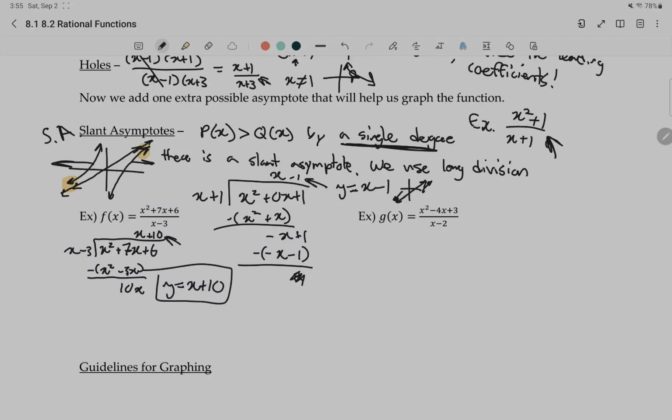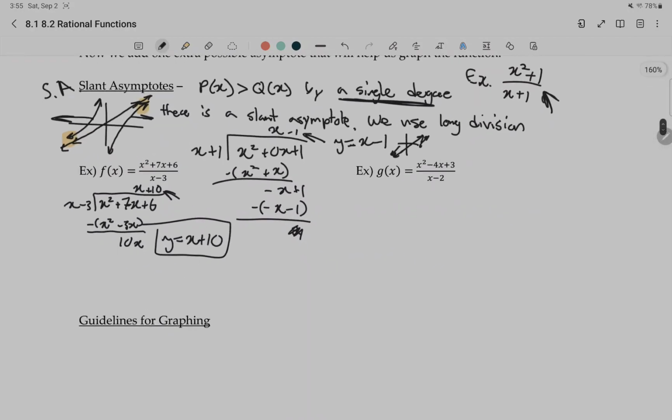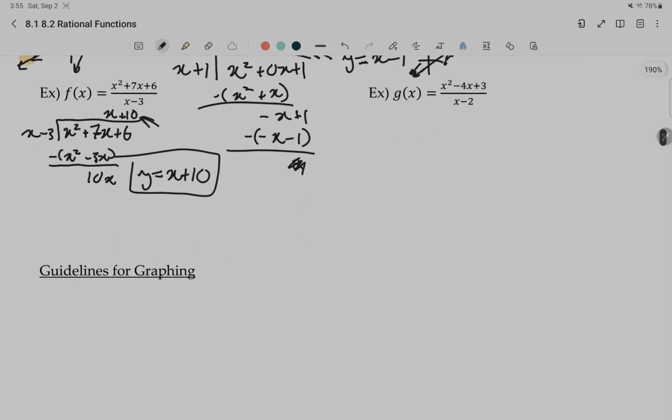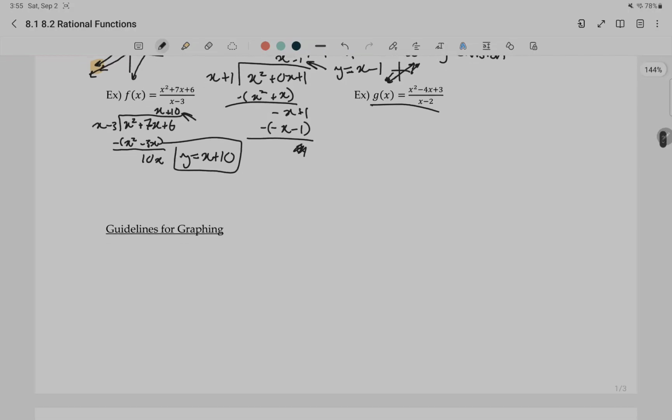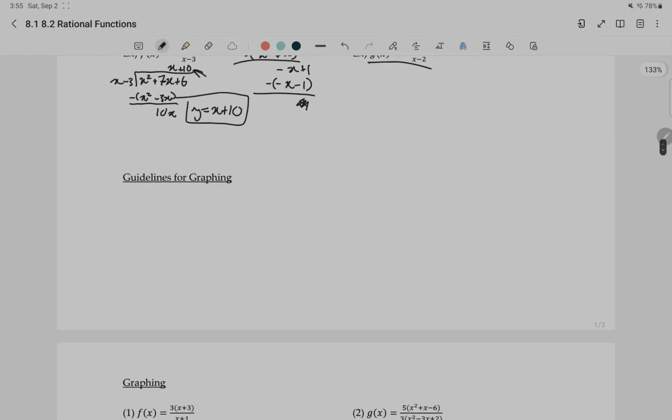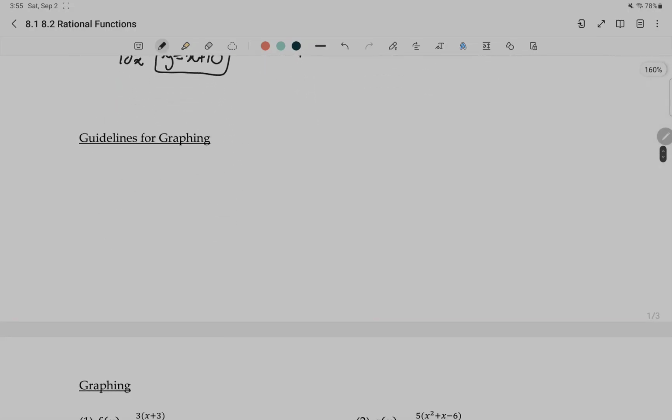There we go, and that's all we need to find, because this is just practice with slant asymptotes. I am going to leave the second example to you guys, so that's some good practice for you. And let's move on. So next is guidelines for graphing. There are a few main guidelines. The first one is you always factor slash simplify